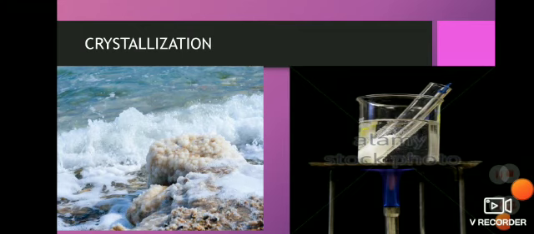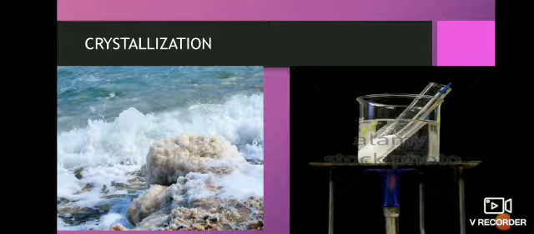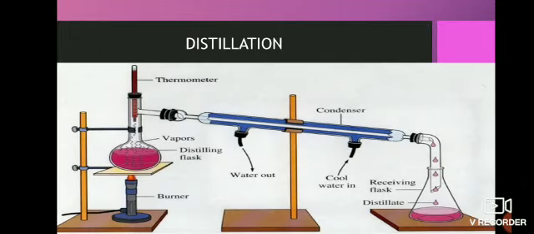Now let us see the definition of crystallization. Crystallization is a process used to separate dissolved solid substances from a liquid. So let us see another method of separation, that is distillation. The process used to remove impurities from water is called distillation. Before